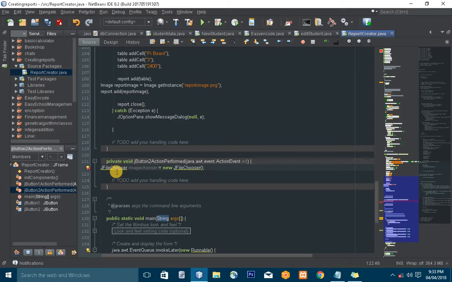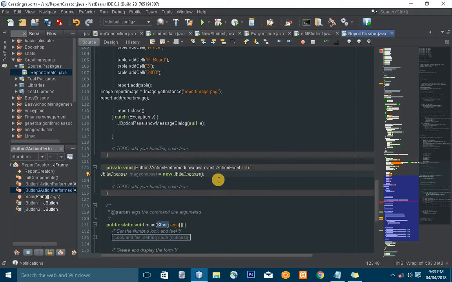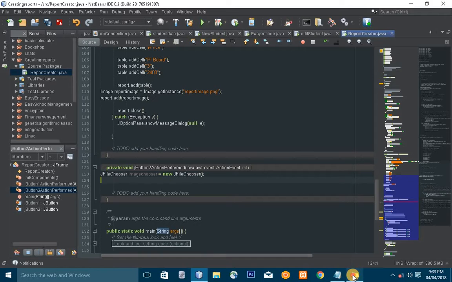Yep, JFileChooser imageChooser equals new JFileChooser. Now we have to import javax.swing.JFileChooser. Just click on that and the error is settled. So the next thing we're going to say is